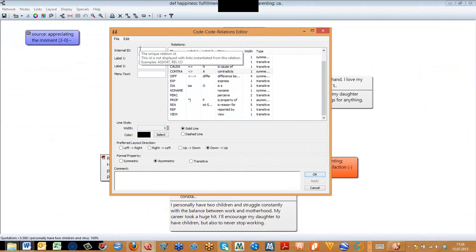You have to define an ID. It has to be unique. That shouldn't exist here in the list yet. It doesn't have to be uppercase, but just for the sake of tradition, you could continue to do that. And do we have a reason for, or do we have no consequence? So let's do a consequence relation. So I immediately go to the menu text, it's consequence